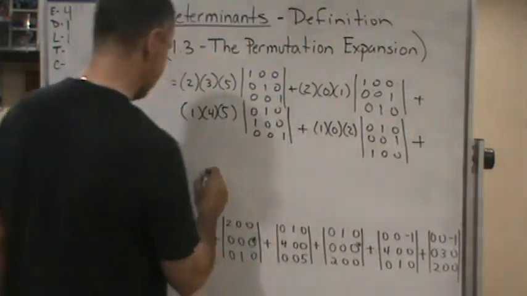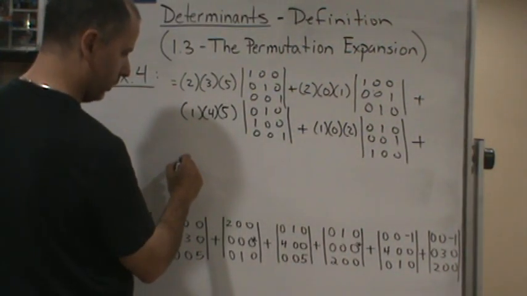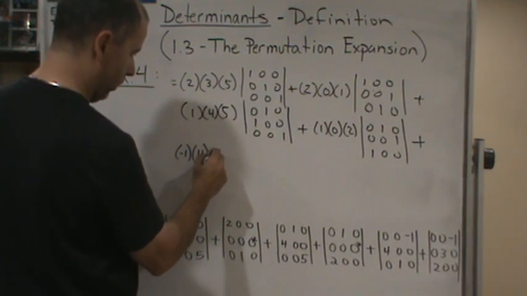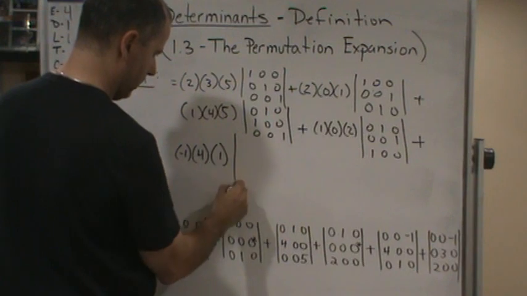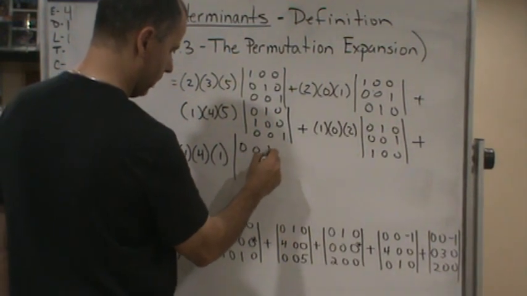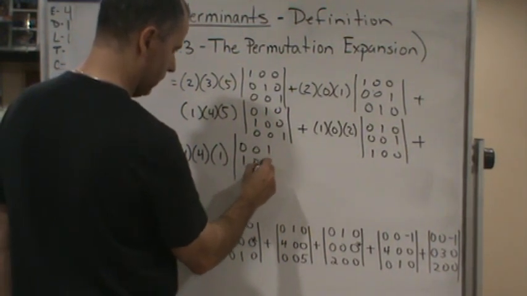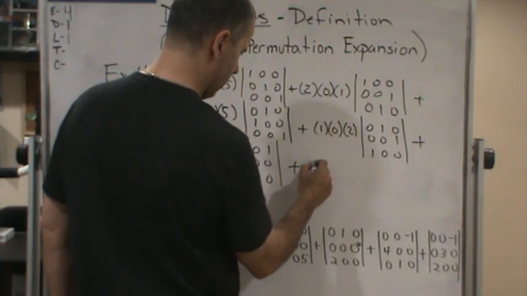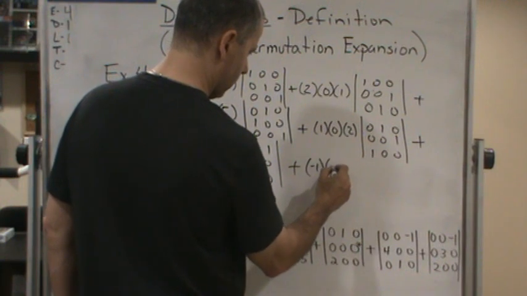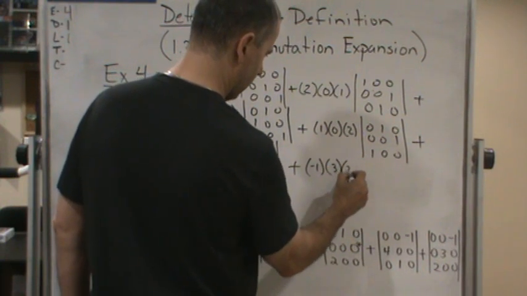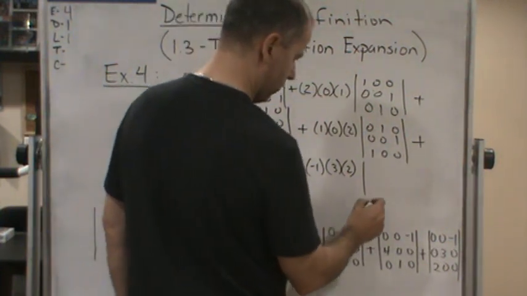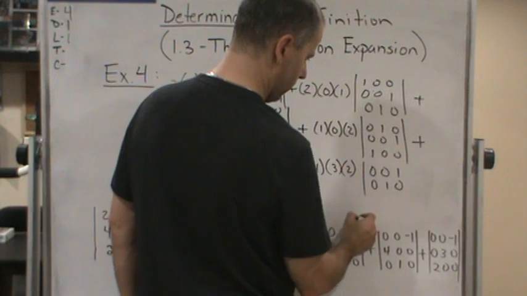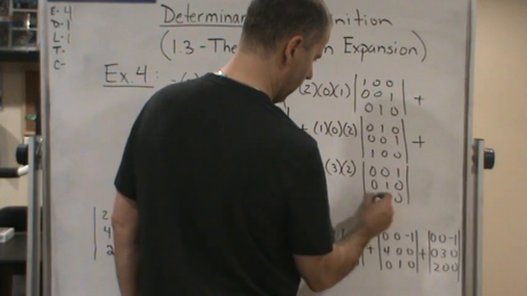And finally, the last two are going to be negative 1, 4, 1 times the determinant of 0, 0, 1, 1, 0, 0, 0, 1, 0, plus negative 1 times 3 times 2 times the determinant of 0, 0, 1, 0, 1, 0, 1, 0, 0. All right, so now,